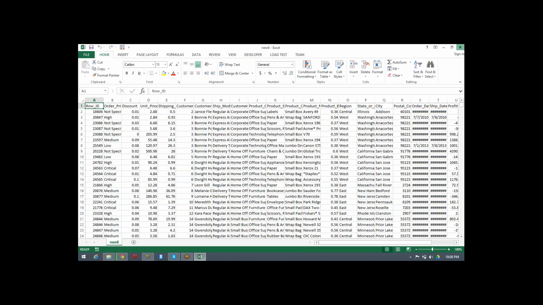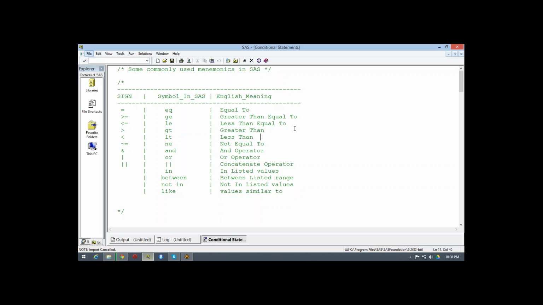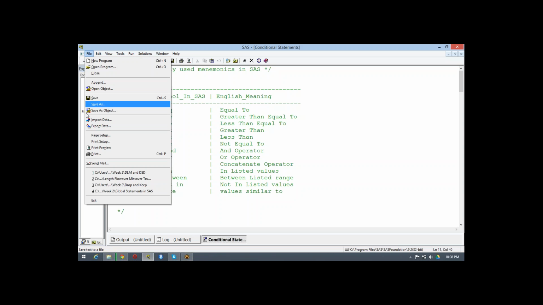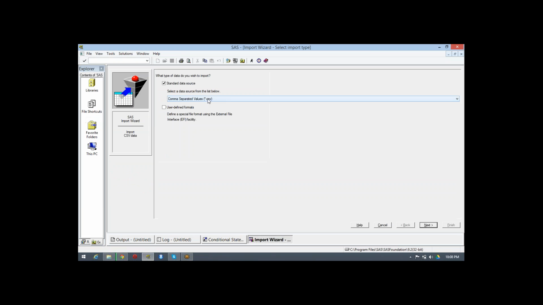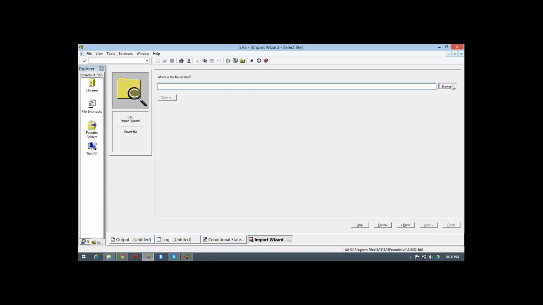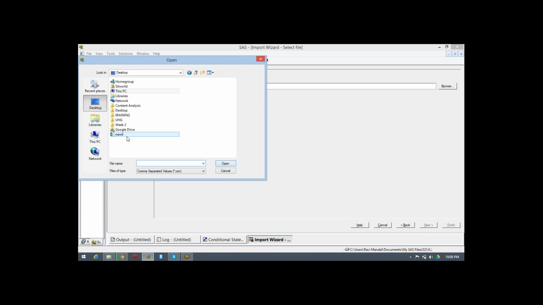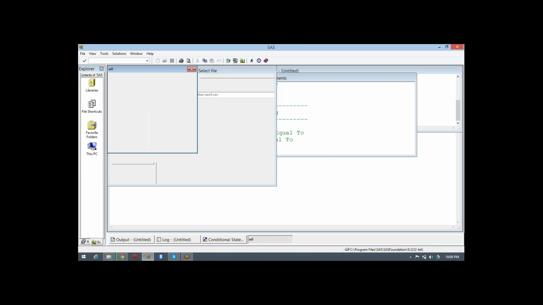Same as this file, when we want to import it, we'll just click on this. We already know the data type of that particular file which we want to import. We just click, and you have to provide the location of the file. I have provided it in music. Then you have options for which type of separator you are using, and whether to get the name from the first row.